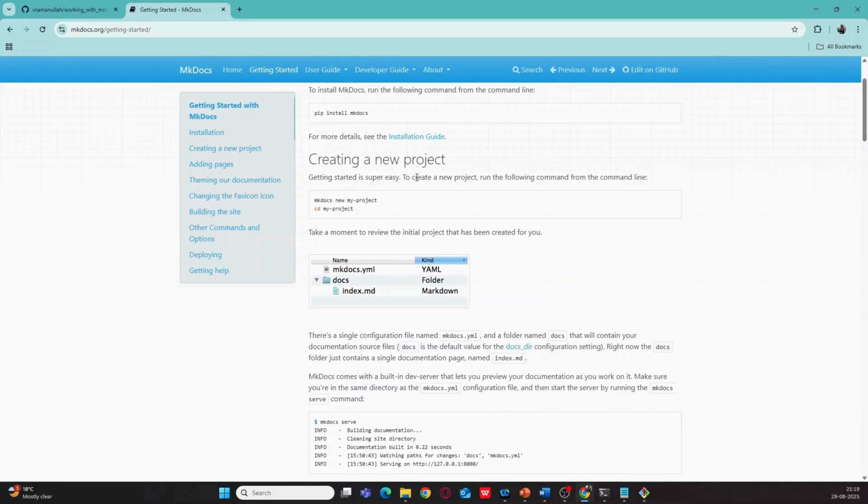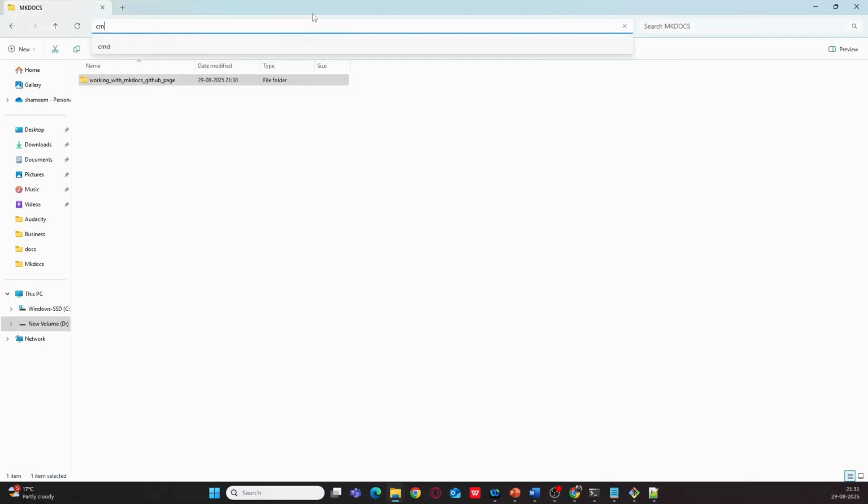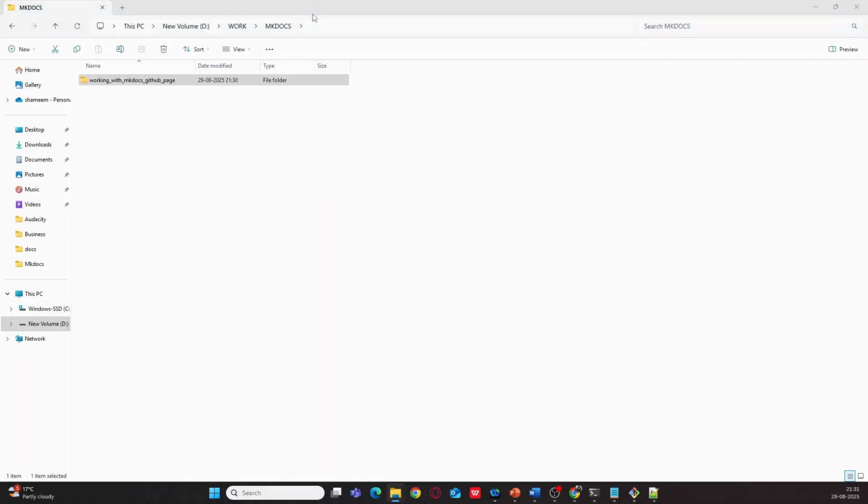Now in order to create a new project, you can go to any folder in your local system, bring up a command line, and type mkdocs new followed by your project name. I will go to the directory where I cloned my GitHub repository, and I will bring up the command prompt by typing a command,